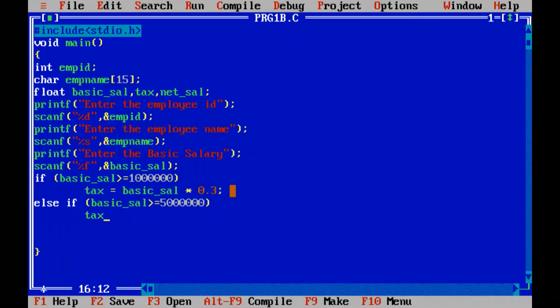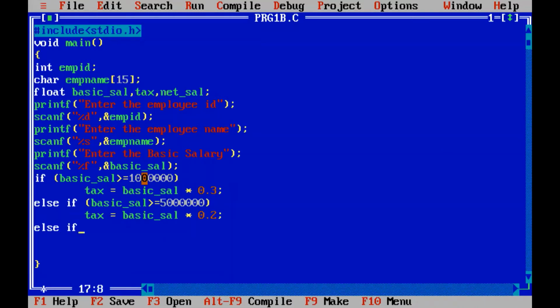Then tax equal to basic underscore sal multiplied by, for the next we are making it 20%, so 0.2.